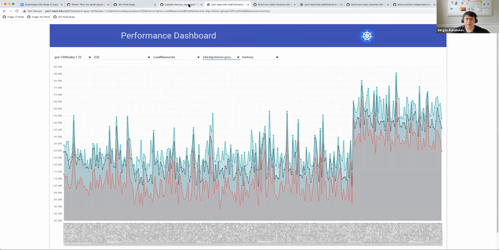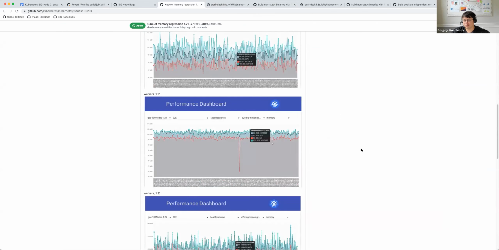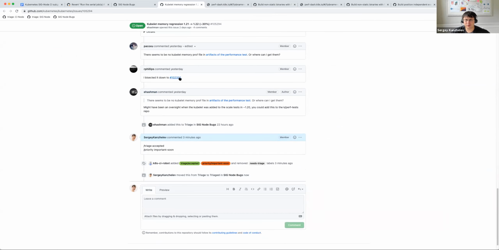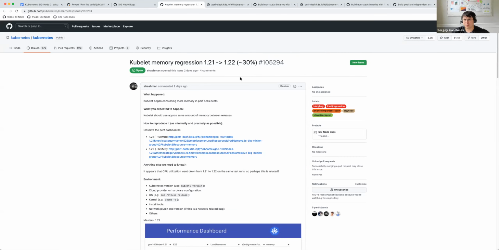Okay. So it's triaged, but do we want to do anything beyond this fix? I don't think we can. And we cannot port it back to 122.